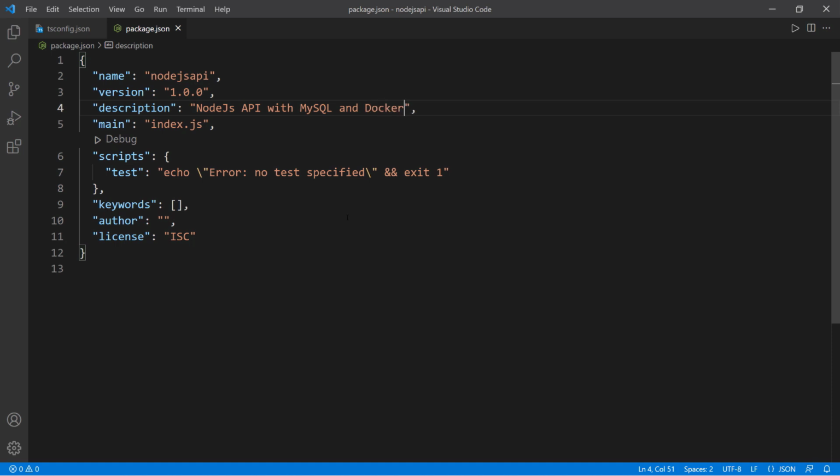Okay, so this is just a description. It doesn't really do anything. The main file is the index file, and I'm fine with that. So we're going to have to create this file at some point. And then for our script, so these are going to be the scripts that we're going to be using to